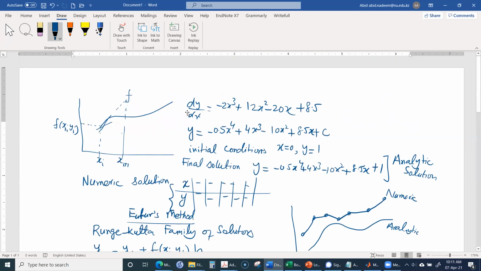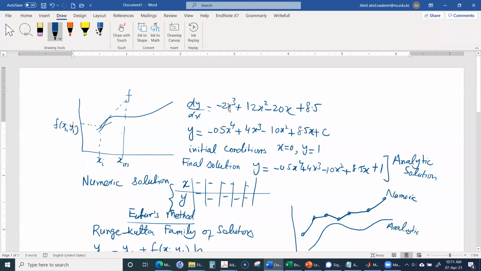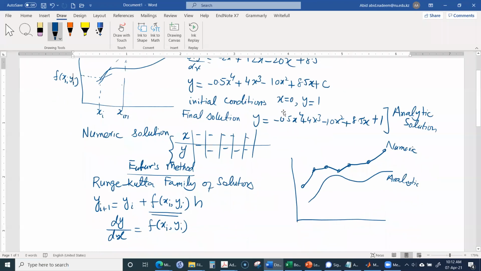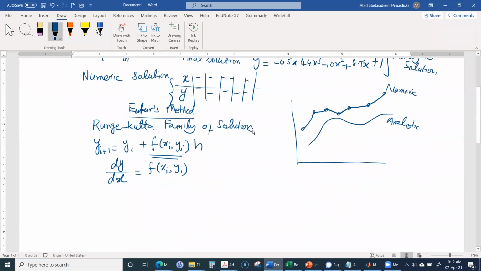So in this case, the initial differential equation is given in this form. It is a function of x and y, although in this case it is only a function of x, but for the more general case it can be a function of x and y as well. So here we can use both the values of x and y. That means we can determine the f of x_i, y_i needed for Euler's method from this equation, and then we input it there, and then we can find the value for the next